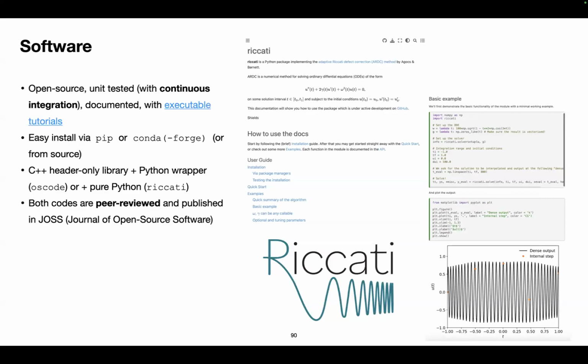Right. And then what I recommend, if you're also in the field of software development, is get your code published in JOSS, the Journal of Open Source Software. It ensures that your software is up to community standards. Its review is open, and they're extremely helpful in determining what needs to be added to your code. And I'm in the process of integrating one of my methods into SciPy, so it should hopefully be available soon.